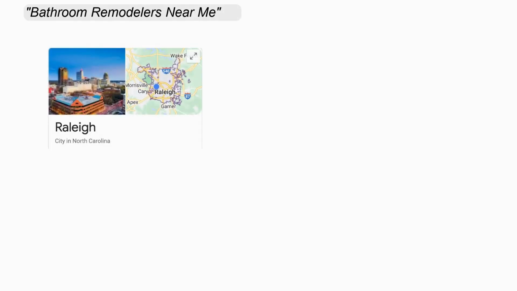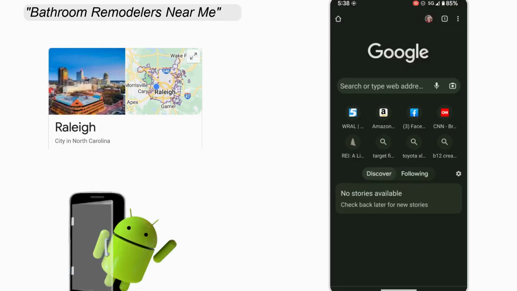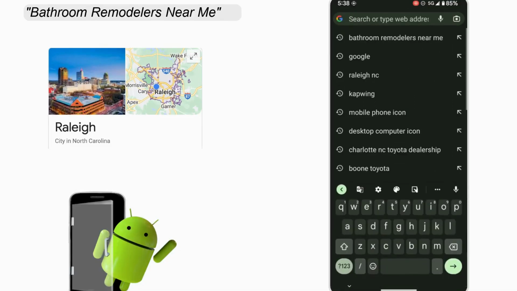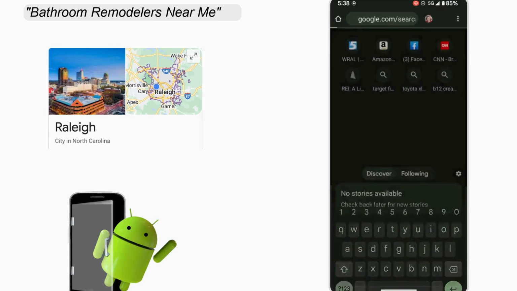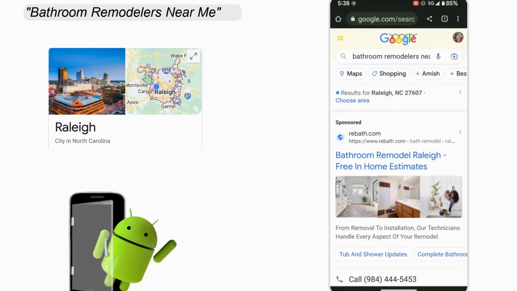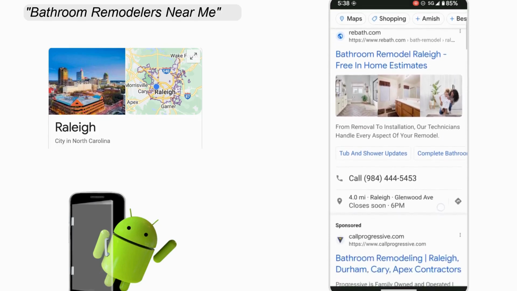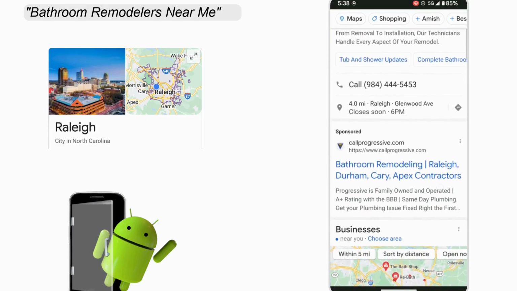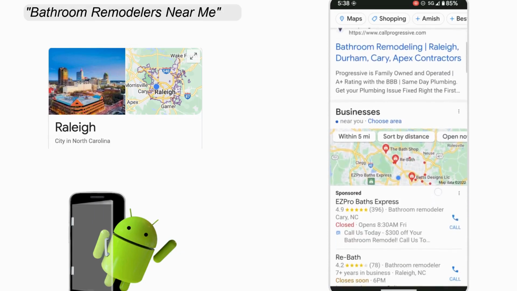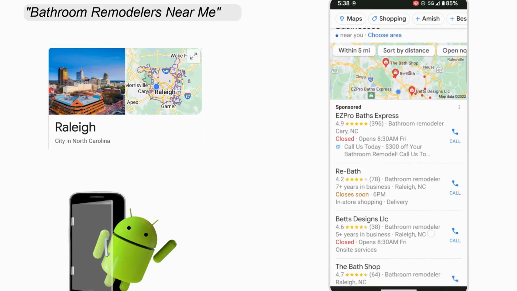Now let's go look at the same search from the same location at the same time on the same day from an Android phone. Okay, so let's look at this on a phone. Search on bathroom remodelers near me. We get our results. The first result is paid. It's also got some click to call buttons. Another paid result. Now we've got the map pack,